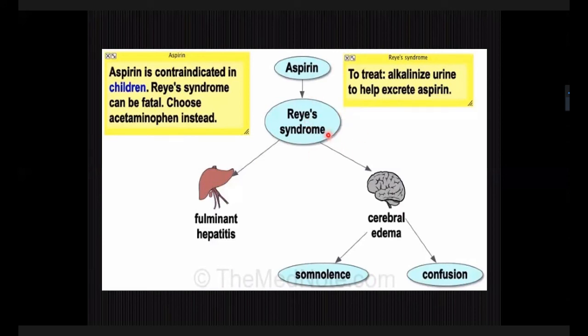So the children under the age of 5 years should be strictly contraindicated to prescribe the aspirin. Otherwise, you might create a problem of Reye syndrome. But if anyone has the previous attack of Reye syndrome, the drug should be strictly contraindicated up to the age of 12 years. अगर किसी को already 5 years की age तक Reye syndrome हो चुका है, there's a history of Reye syndrome, so you should strictly contraindicate the drug up to the age of 12 years, because again they might get the same problem. अच्छा जी. So this is the